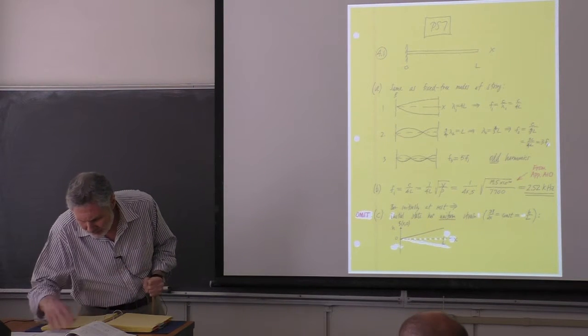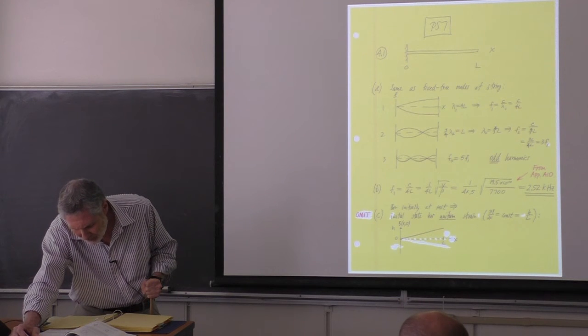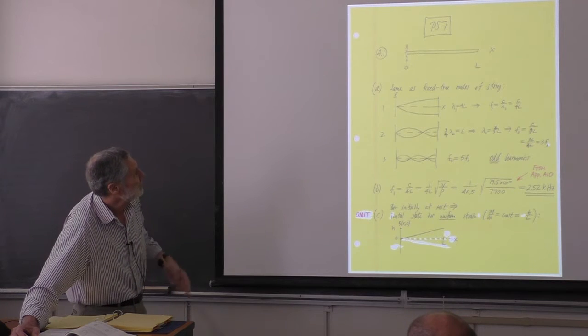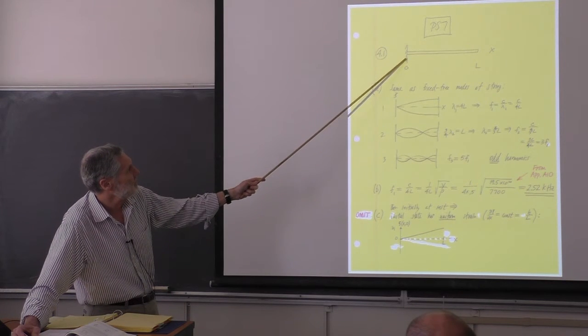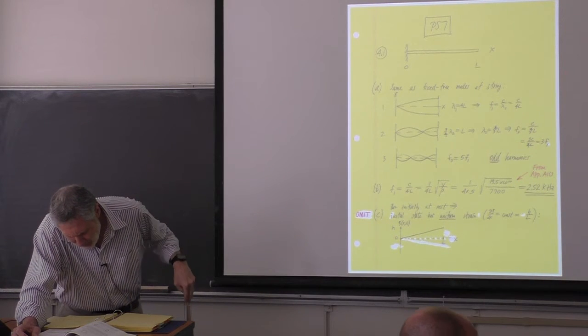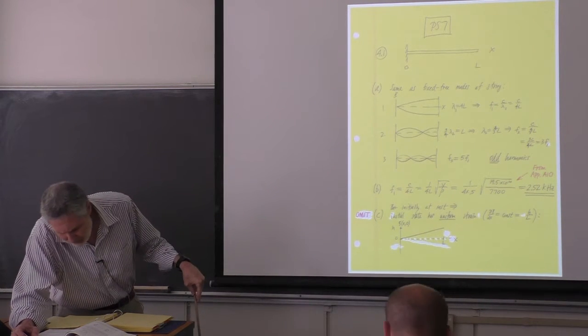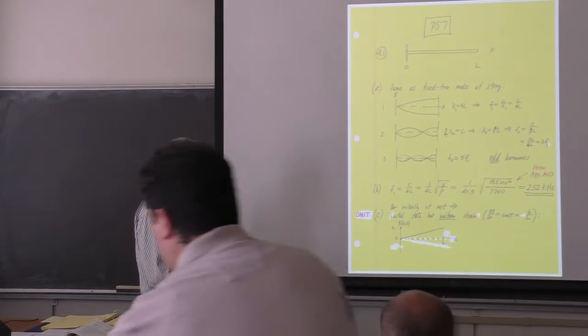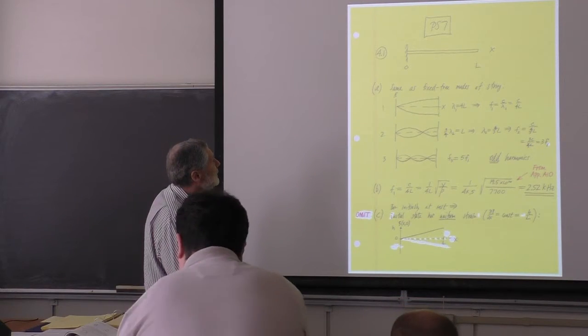is 3.4.1. We have a bar that's terminated on a rigid termination here. So the left end of the bar doesn't move. And it's free to move on the right end. And all we want to do here is look at the normal modes, the standing wave modes here, the first